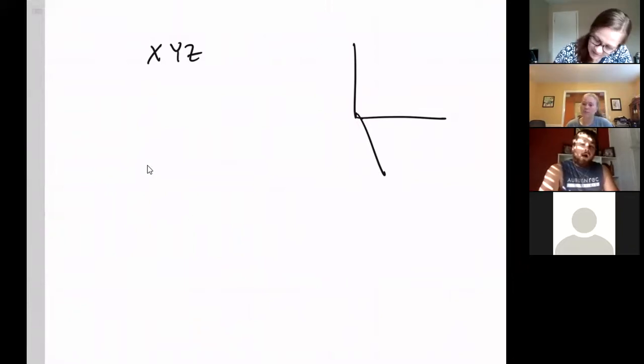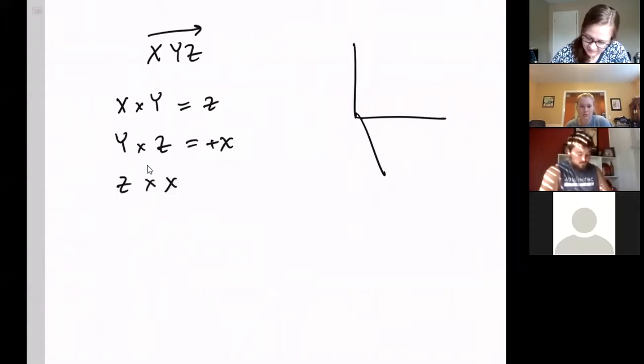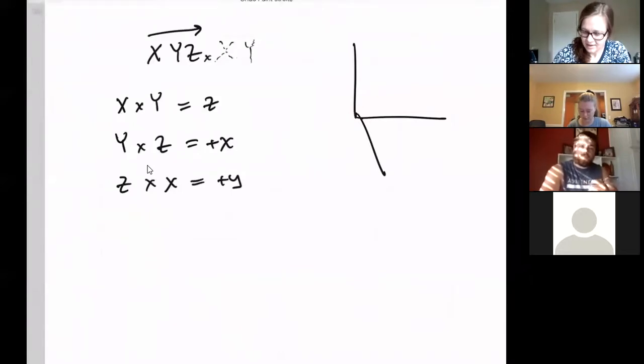So let's see. If you take x cross with y, you get z. And this is as if you're going to the right. And y crossed with z, you get a positive x. Z crossed with x, you get a positive y, and that's as if you were to continue this going. So this crossed with this is positive z, y crossed with z is a positive x, z crossed with x is a positive y. If you were to find yourself going the other way,